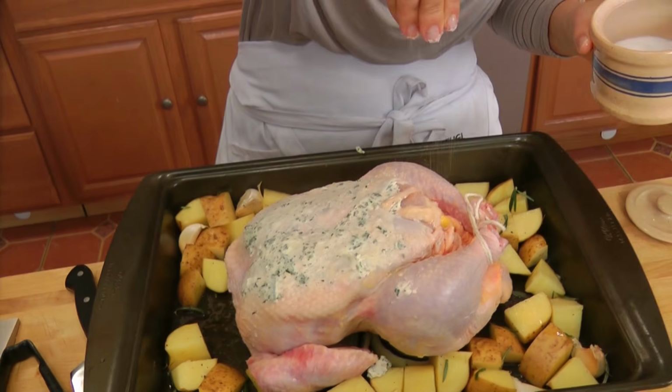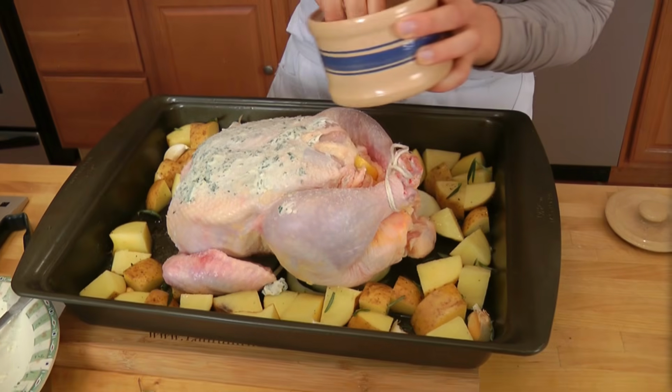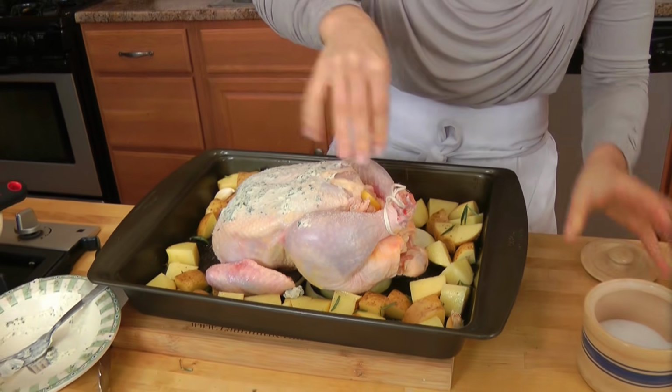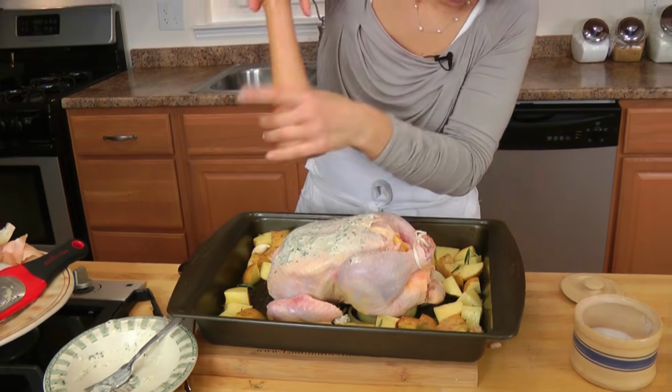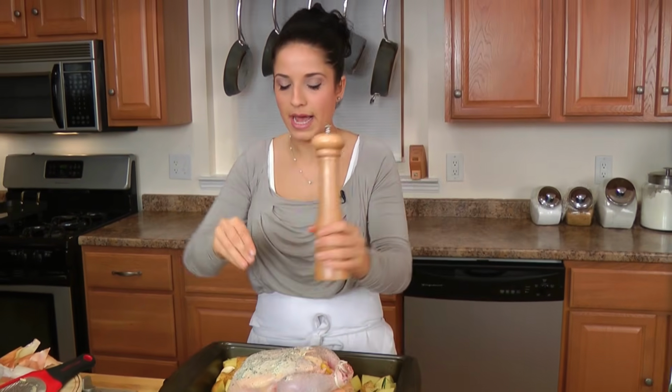Wash my hands and then I'll show you how to season it. Now, all I'm going to do is just season the top of the bird, including the wings and the legs, really well with some salt and pepper. There we go. And now since this is about 6 pounds, I'm going to put this into the oven, 425,